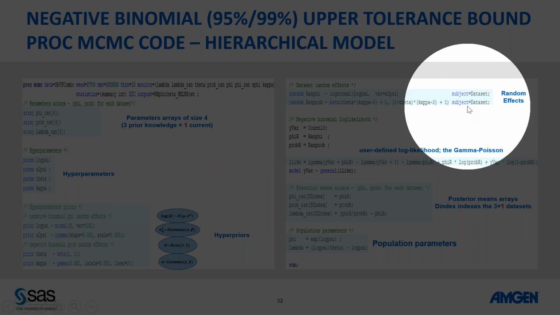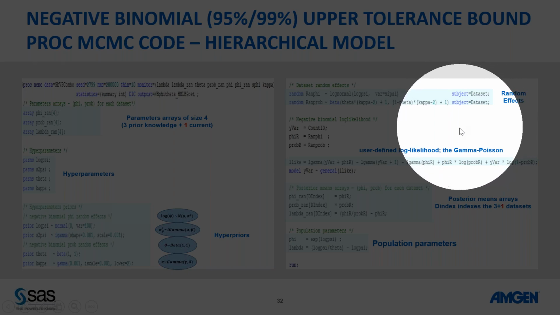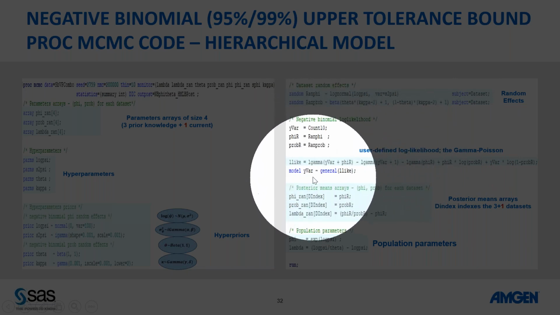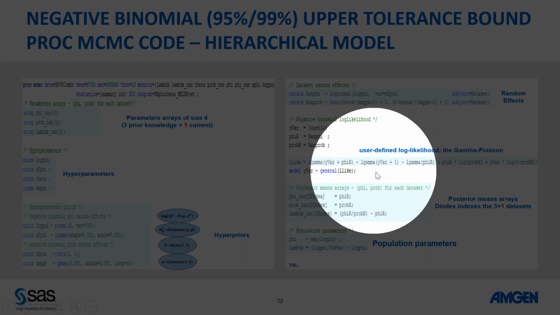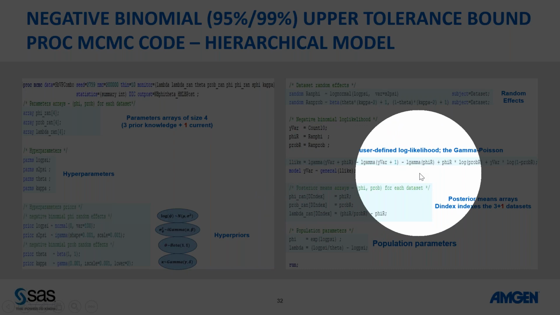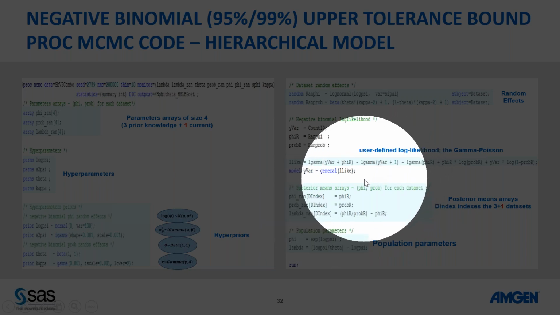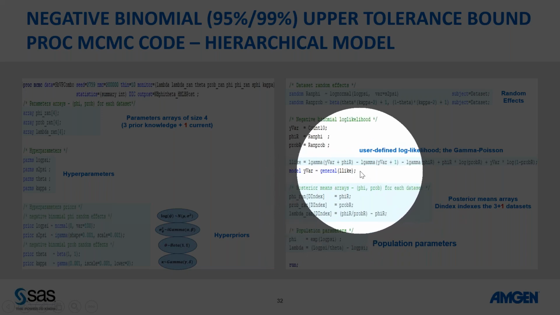The data set is in the data set, it's just 1, 2, 3, 4. There are 4 different values, and then PROC MCMC knows internally to generate 4 sets of rand phi and rand prop. And then the likelihood is the user-defined likelihood of the gamma Poisson likelihood with a transformed. It's not transformed. It's the same as just a renamed phi of the random effects, and then this.